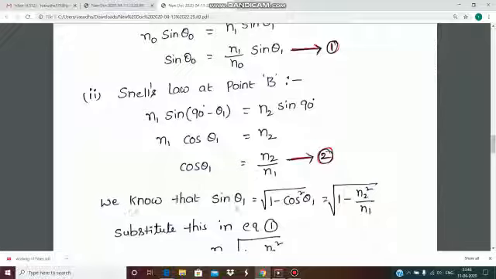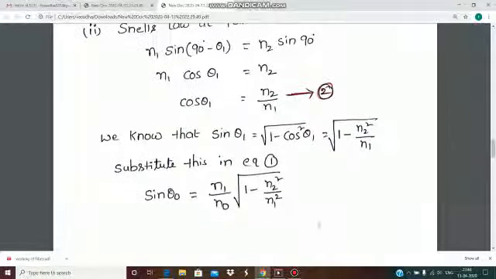And we know sin theta 1 we can write like this: root of 1 minus cos square theta 1. Substitute here: root of 1 minus N2 square by N1 square. Now substitute this in equation 1. So sin theta naught